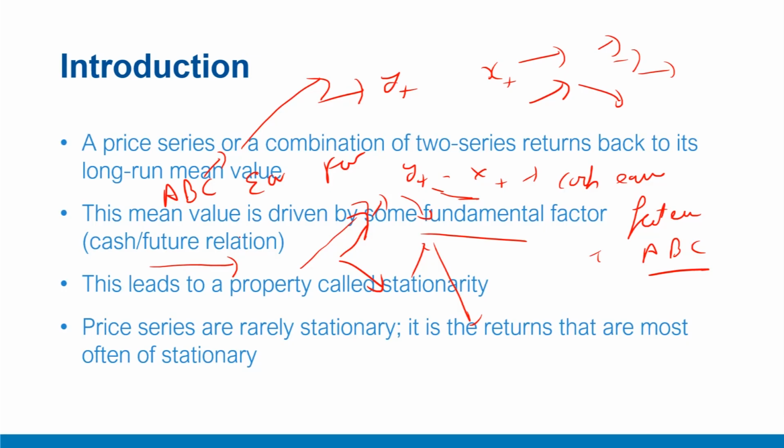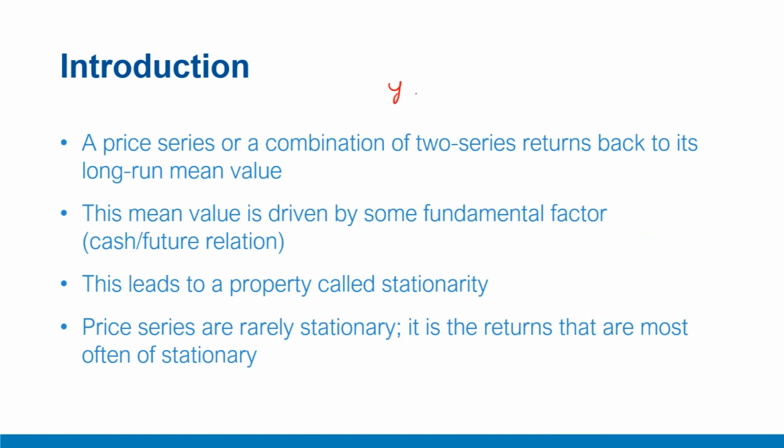Why? Because if the difference deviates, arbitrage, what we call forces of market efficiency, or arbitragers, will conduct buying and selling activity which will align these prices together, because they are driven by the same underlying fundamental security. And therefore the combination of these two series yt and xt, these two time series, will be stationary even though on their own they may not be stationary.